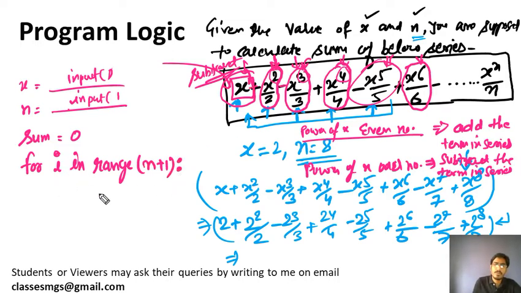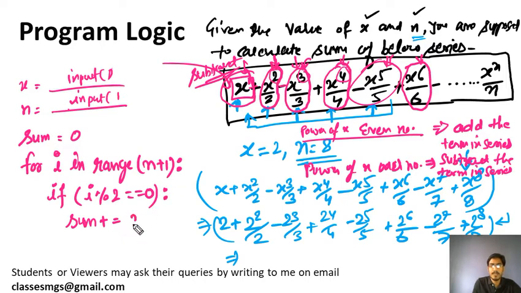What we need to do, because if we write this logic, if I percent 2 equals to 0, if the power of x is an even number, this is the logic to check whether I is even or odd. In that case, previously we were doing sum plus equals to, and then we calculate the power of x, which is x double star I, then divide it by the value I, because in previous cases we were not dividing, as our series were very simple. In that case we need to divide also with the same number I, that is the power.